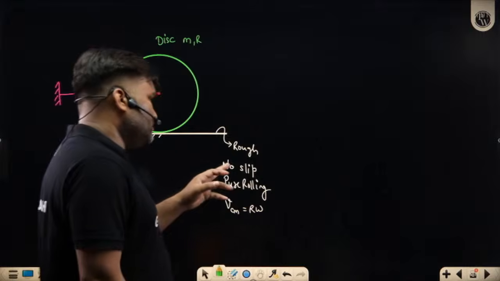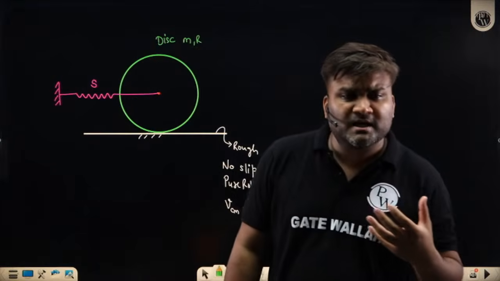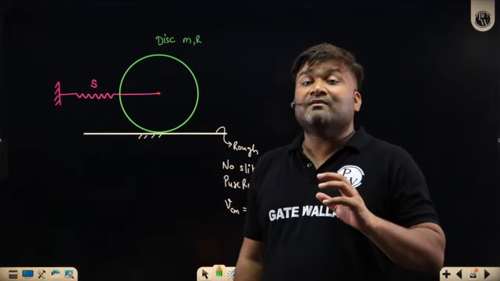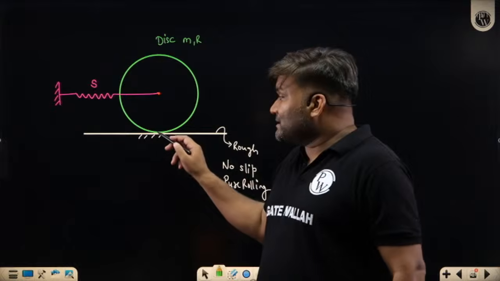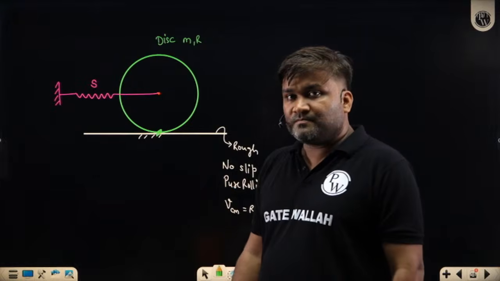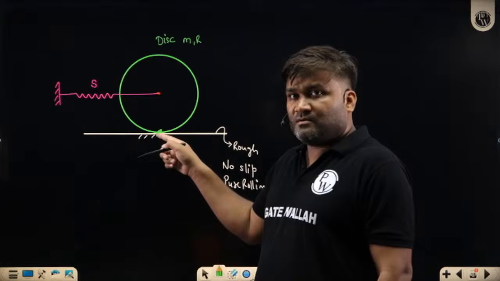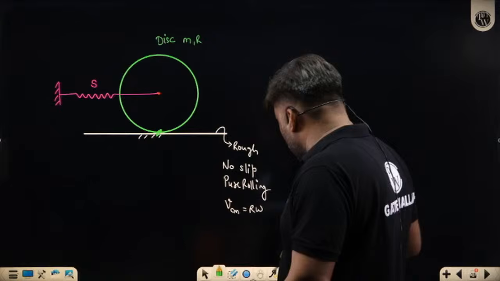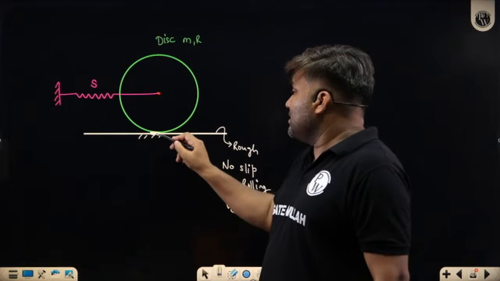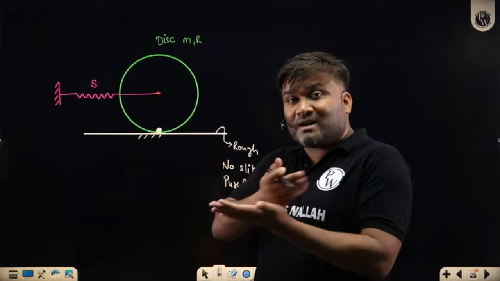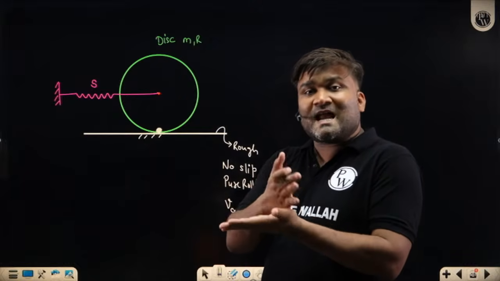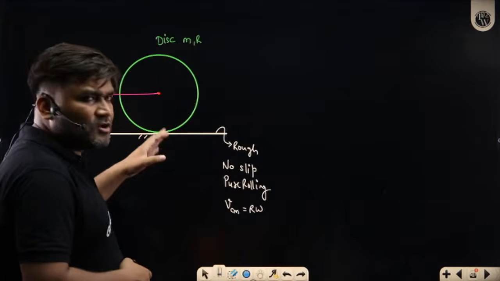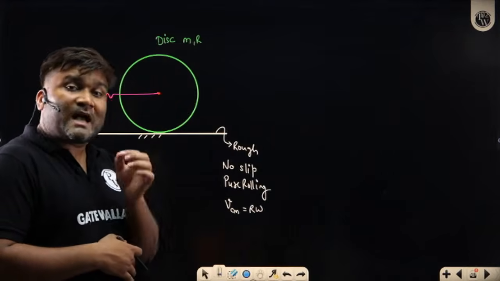Achha, sir, you said earlier that for natural vibration this is valid. Why are you talking about a rough surface? Friction is there. Arre bhaiya, friction hai, but there is no slipping here. This point is at rest. Pure rolling motion you might have studied. So at every time, there is no relative motion between the ground and this point which is in contact. So there is no rubbing. When rubbing is happening, this kinetic friction is responsible for energy losses, in terms of heat. We are not having any energy loss here. Static friction may be there, kinetic friction must be zero.